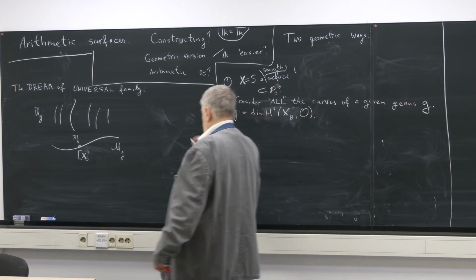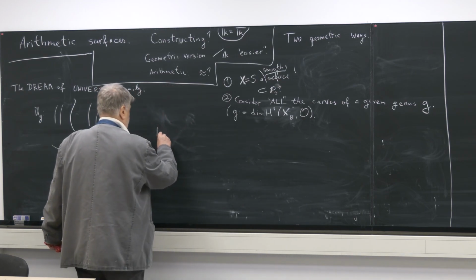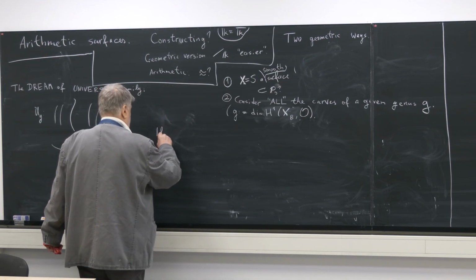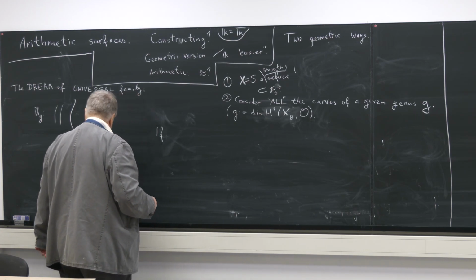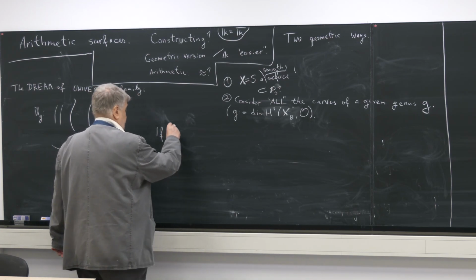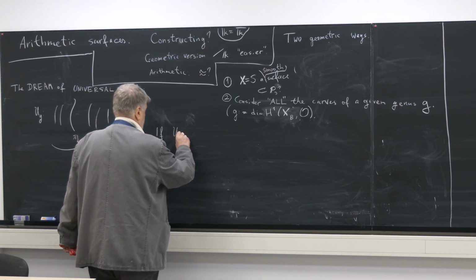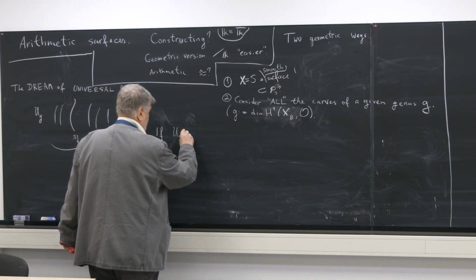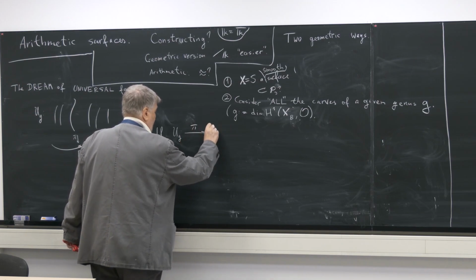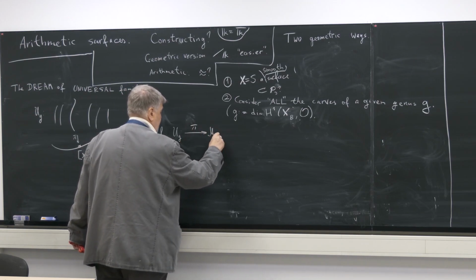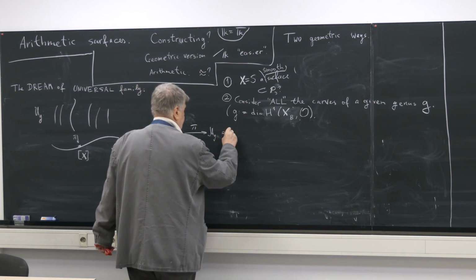So I have to emphasize that formally we are under a wrong assumption. If U_g over M_g existed,